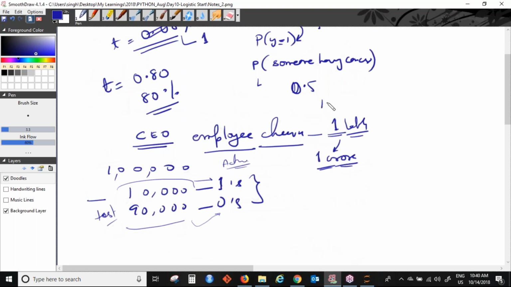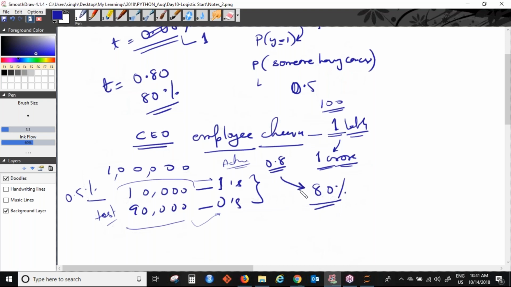That means I can only pay 100 employees. But here, I have 10,000 employees predicted as one. So which 100 would you pay this 1 lakh each? Here we have taken, let's say, a threshold of 0.5. So we will have to increase our threshold in this case so that we get fewer employees. A threshold of 0.8 here would mean that